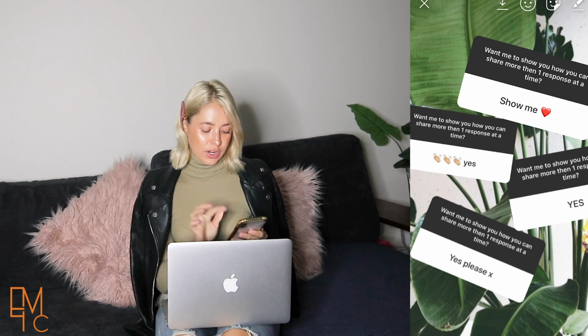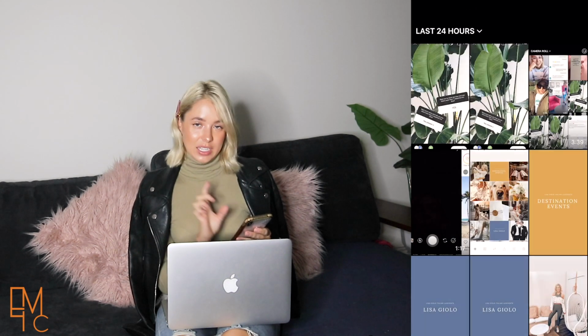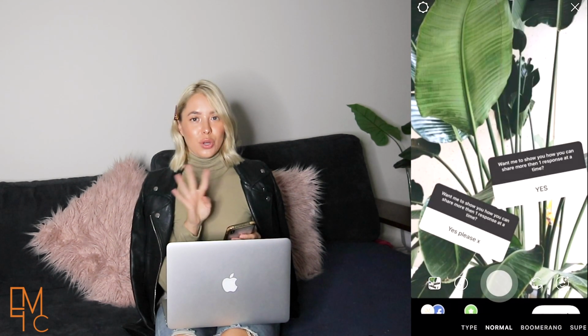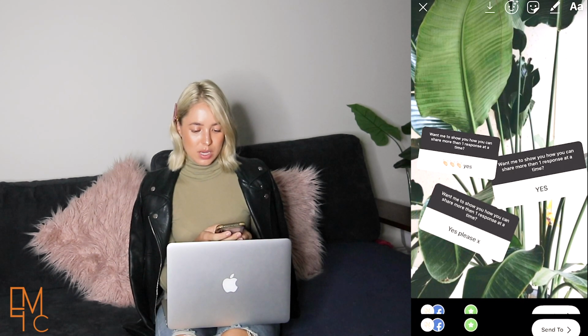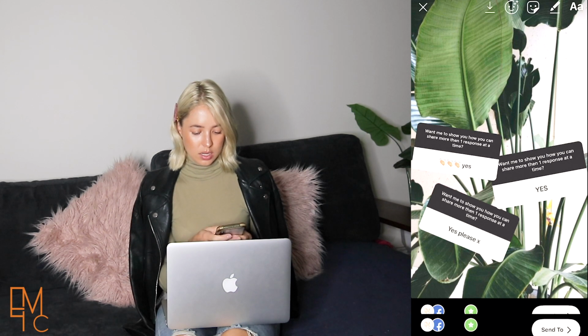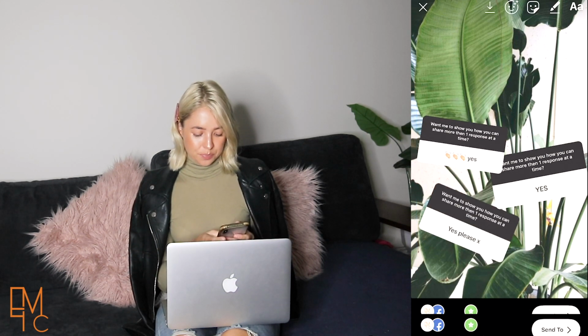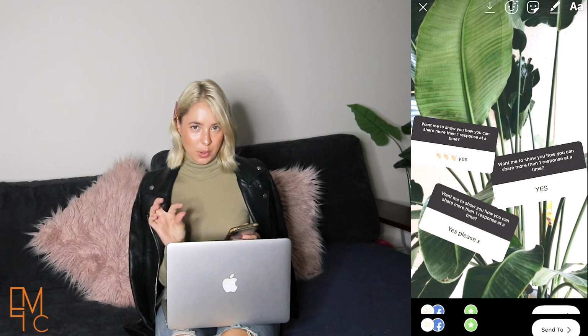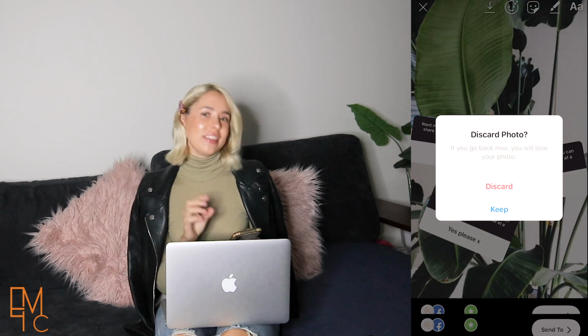So then once you've screenshotted all of those, go back to your story and select the most recent screenshot with all of those stickers that you want to share. Make sure that you zoom in so that you're cutting out all of the icons and you can't see the bottom bit where you've screenshotted from your story. And then click share, and from there as well you can go through and tag all of those